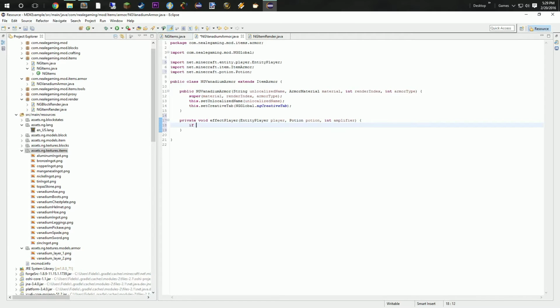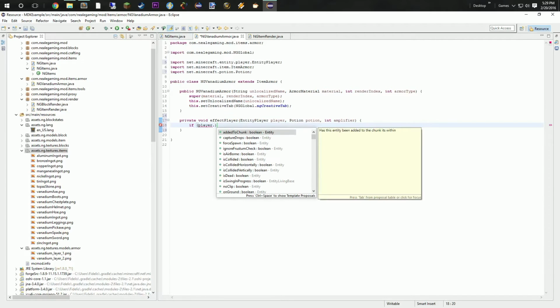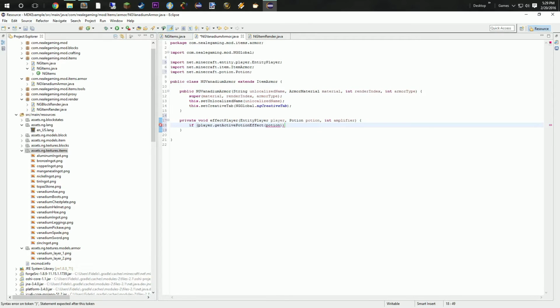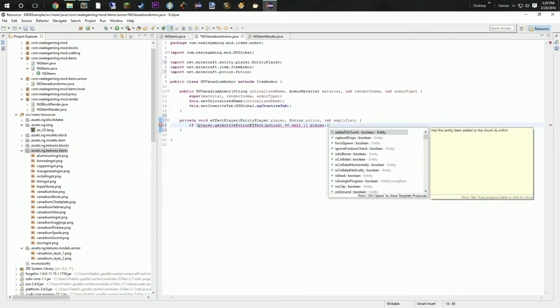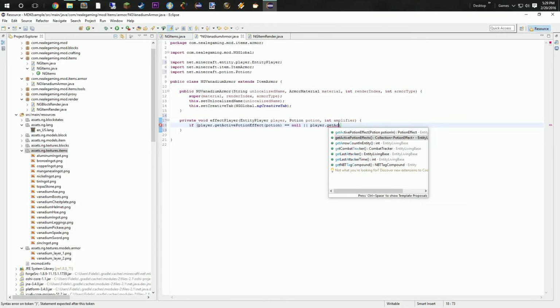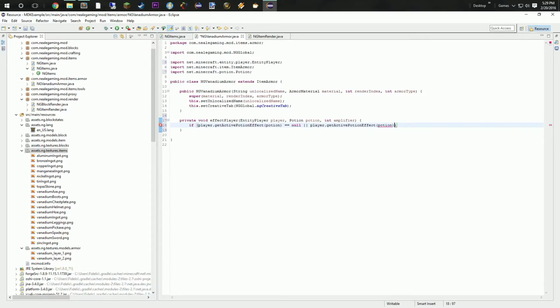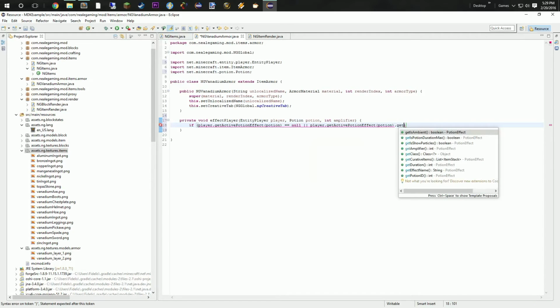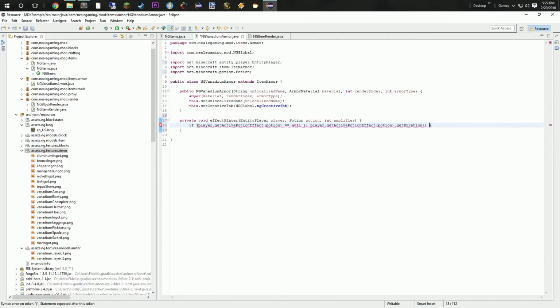So we're going to start with an if statement, and we're going to say if player dot get active potion effects is equal to potion, and if it is null, or, excuse me, if it's null or get active potion effects potion dot get duration is less than or equal to 1. What we want to do is say